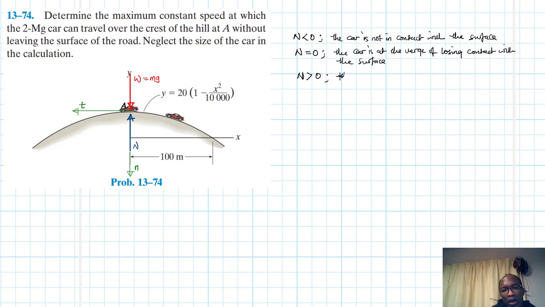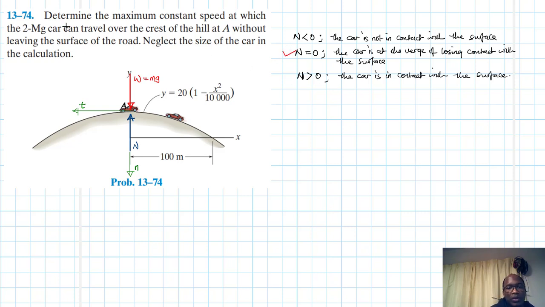This is where the car is in contact with the surface. All right, so we have these three conditions, and for us to find the maximum, we need to